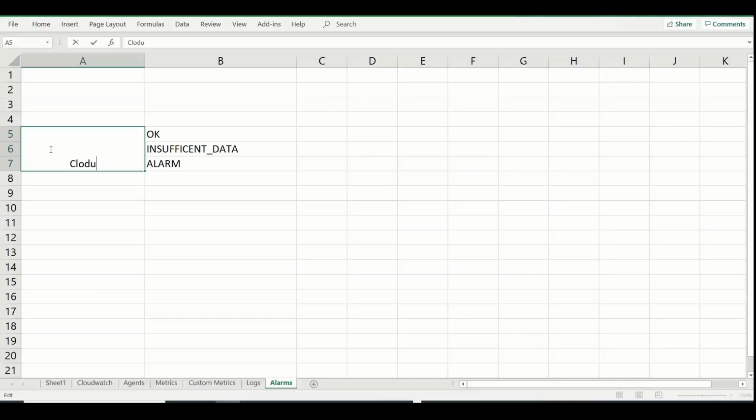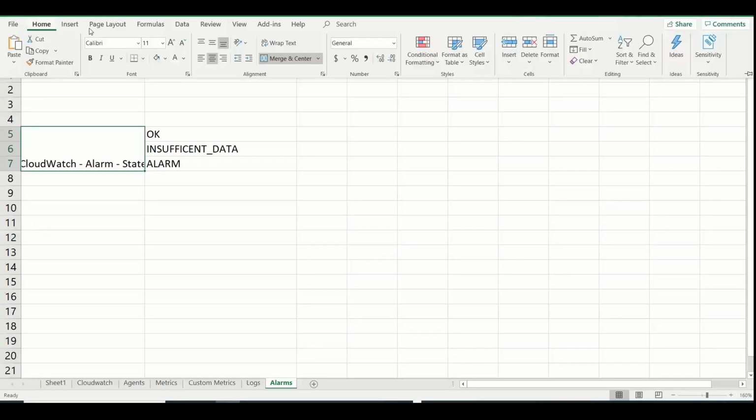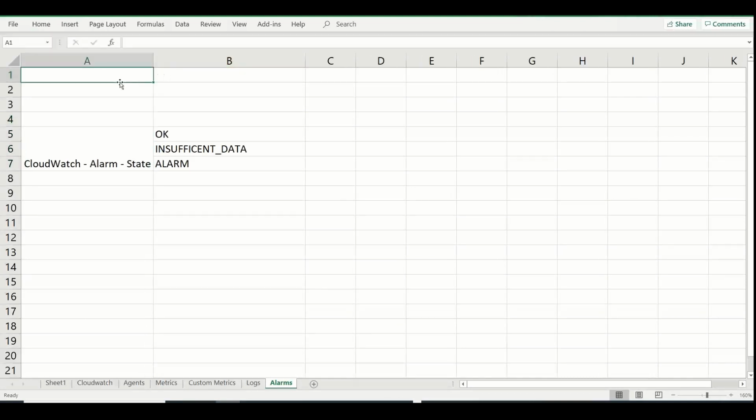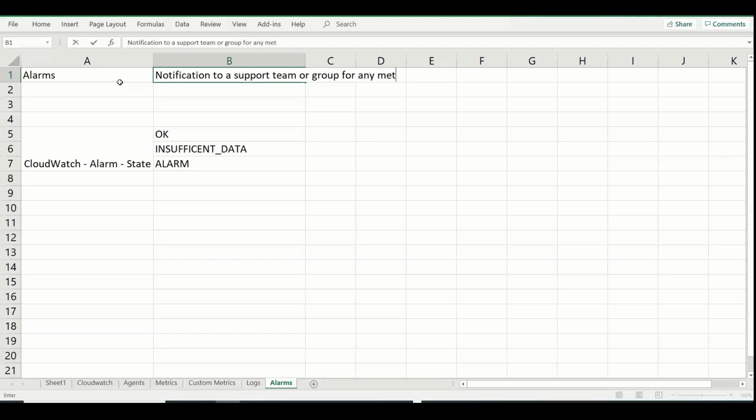Okay, so these are the three states that you will see in CloudWatch. So what is an alarm? An alarm is the notification to a support team or a group or a business owner for any metric going beyond